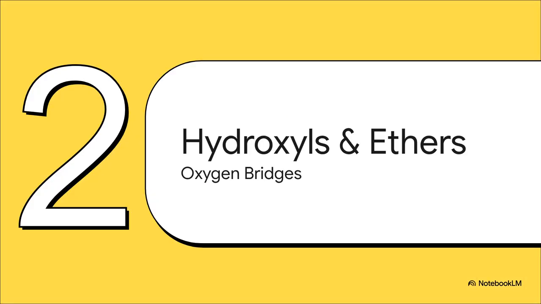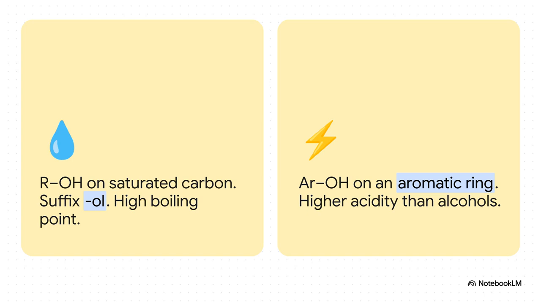Part 2. Hydroxyls and oxygen bridges. First up, we have the alcohols. These guys contain a hydroxyl group, written as OH, attached to a saturated carbon atom. To spot an alcohol, just look for ROH. The naming is beautifully simple too. You just replace the ending of the parent alkane with the suffix -ol, so ethane becomes ethanol, and propane becomes